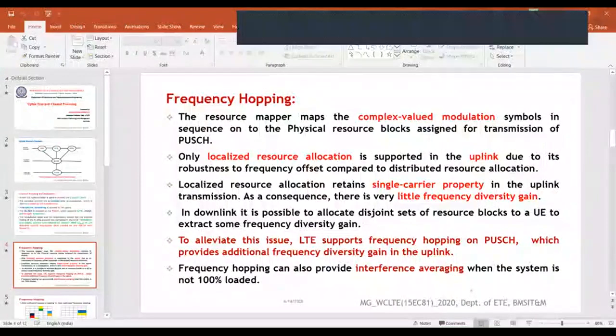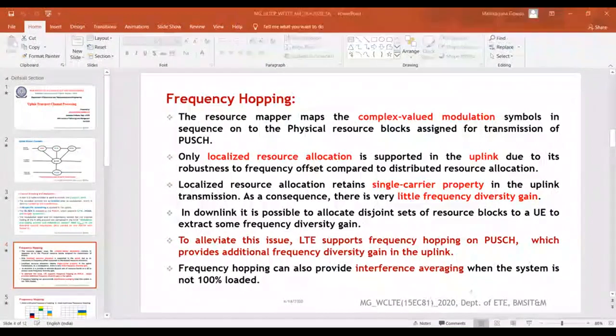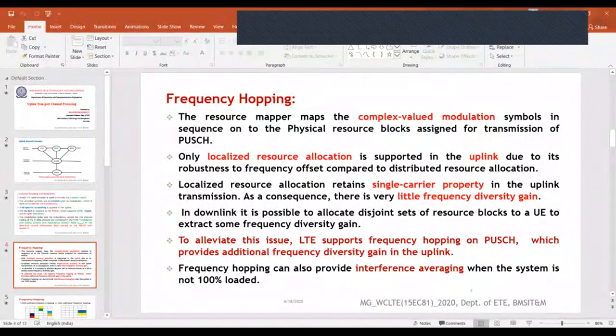That is the purpose of frequency hopping. In addition to that, frequency hopping also provides interference averaging when the system is not 100% loaded. It will average the interference when the system is not 100% loaded. So these are the two benefits which we get from frequency hopping.